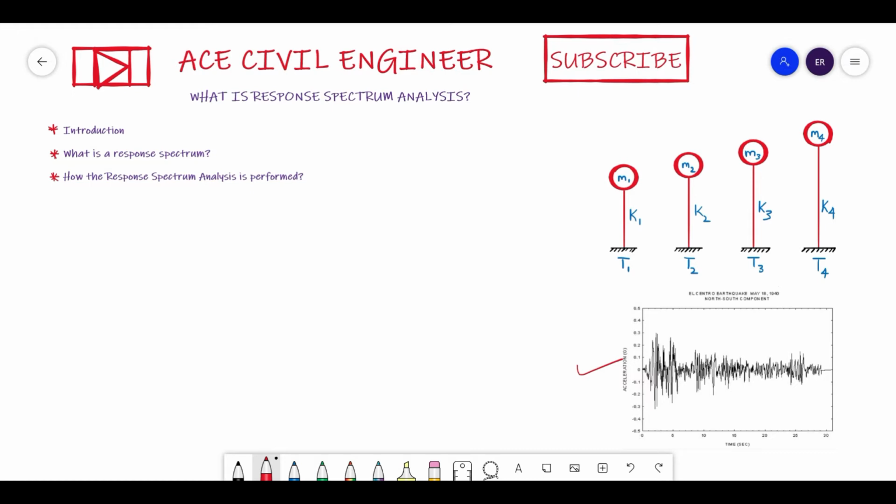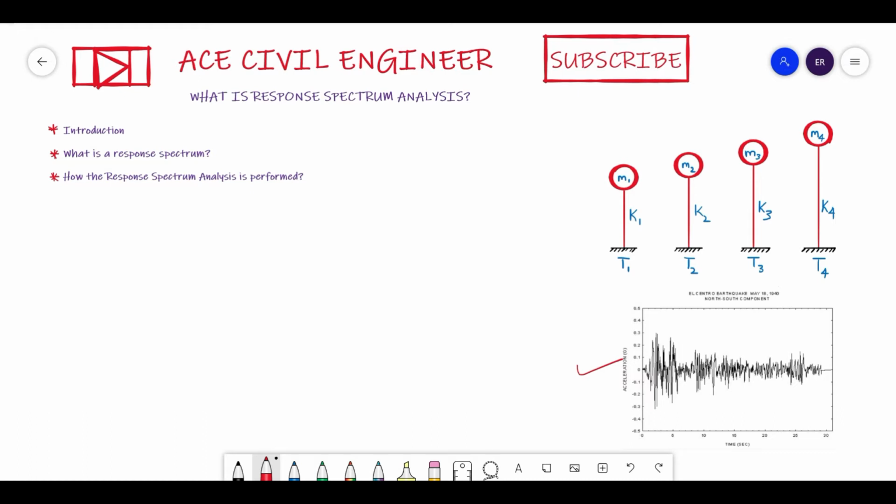So let me consider one example of how we are going to define this response spectrum. Before starting, friends, I would just want to give the definition. Later I will give you the physical meaning of that. The definition: response spectra are the curves plotted between the maximum response of a single degree of freedom system subjected to a specified earthquake ground motion and its time period. Either you can consider time period or natural frequency.